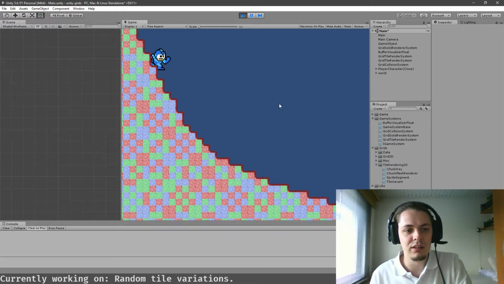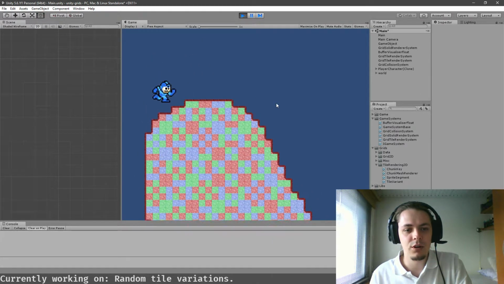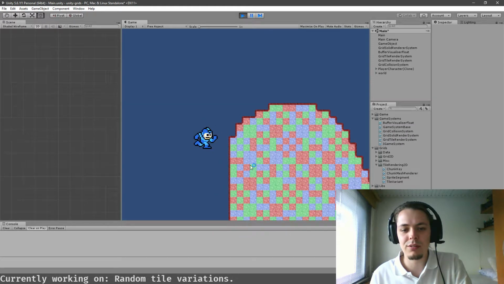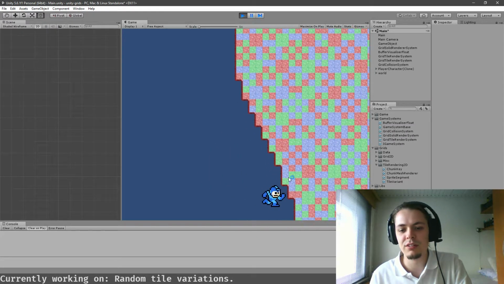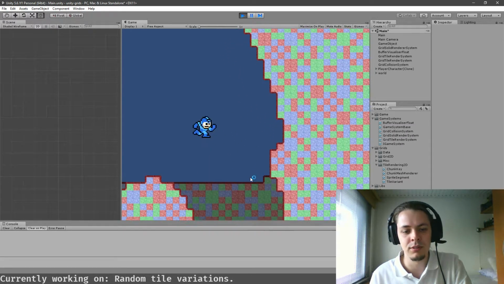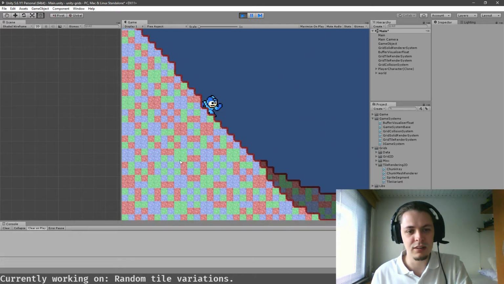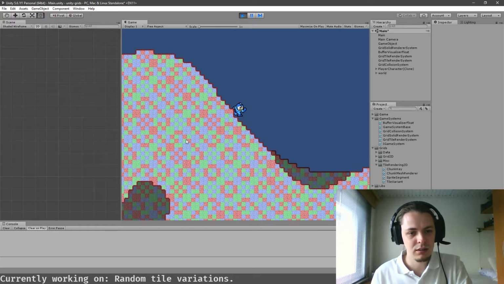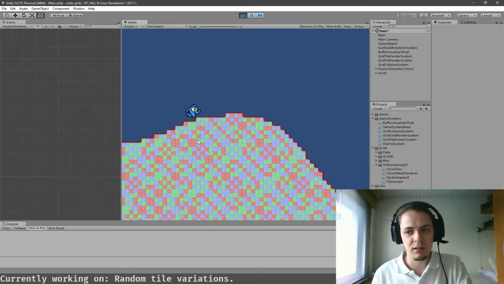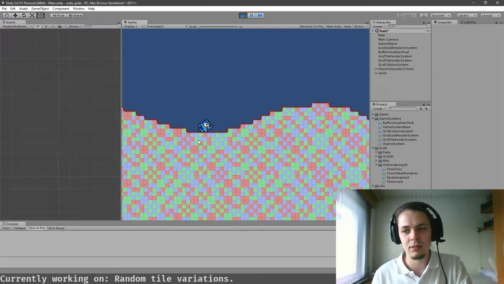Okay, what was I doing? Oh yeah, so these are all stone tiles, and they are all different variations of the same type of tile. And there's a little bit of a pattern in here. I kind of want to get even